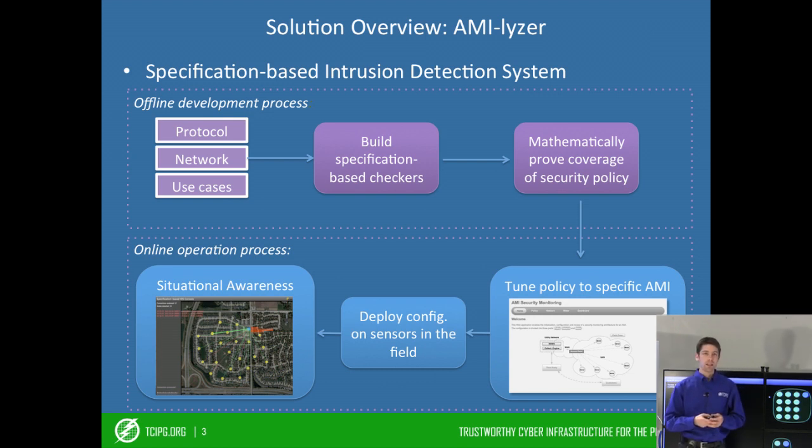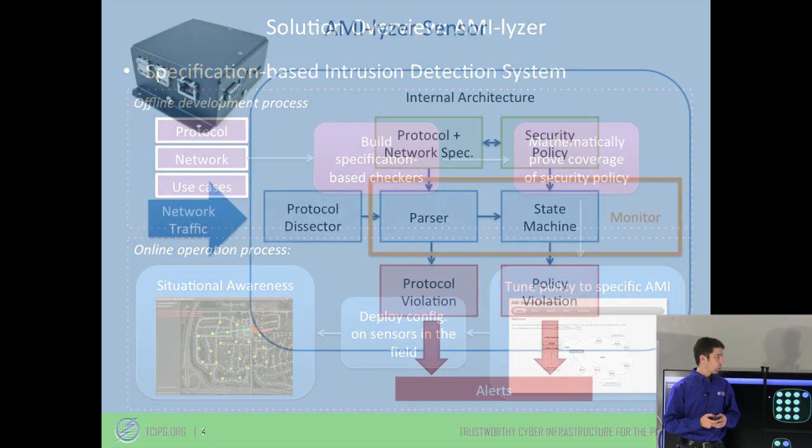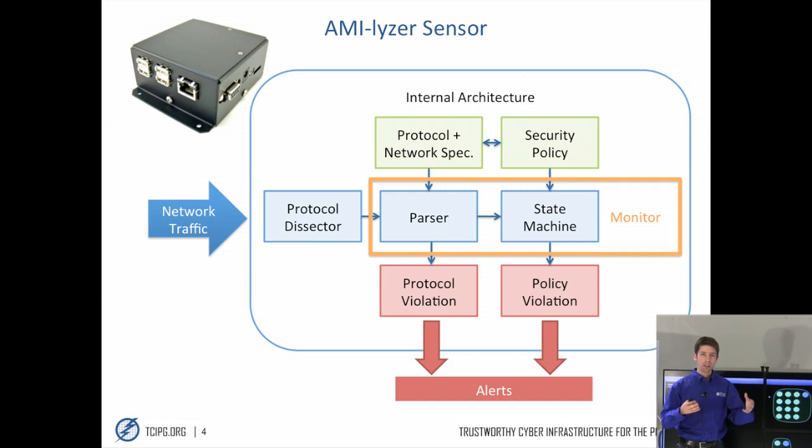a specification-based IDS. It's unique because it's not relying on a database of known attacks like a signature-based IDS like Snort will do. It's really focusing on leveraging the knowledge about protocol, about network and expected behavior to be able to detect malicious activity. So we built a prototype, and now we have deployed this prototype in embedded computers called